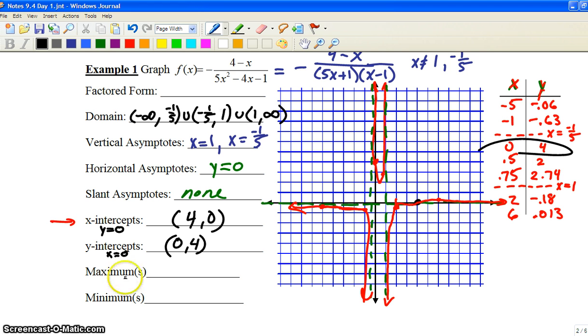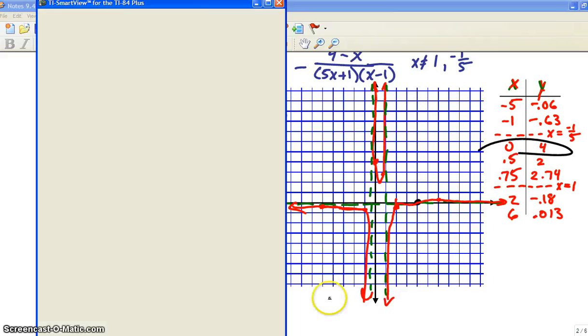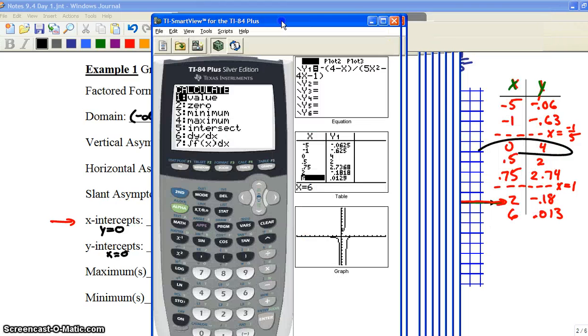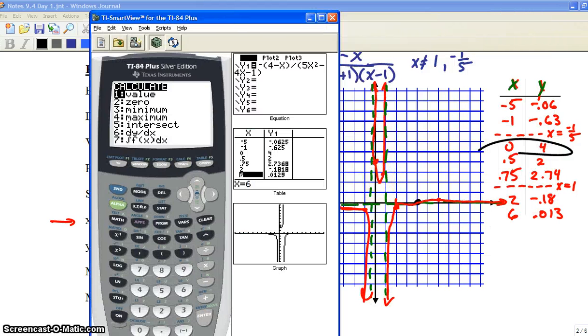Now, there's one last thing we need to talk about, minimums and maximums. There are one of each. If you remember relative minimums, that means on the graph, how do we get to the peaks and valleys? Maximum is a peak, minimum is a valley. So we need to calculate this one right here, that point at the very bottom of that. We use our calculator to do that. You hit the calc button or second trace, and you use minimum if we're calculating minimum. And we're getting this point right here. And that's where our minimum